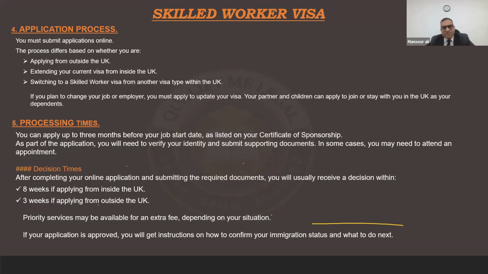It's a subcategory. As I told you, I have picked certain visas for you because time is very short. There are a number of categories available on the Home Office web page, and obviously I can't explain each and everything. I have picked those categories which are most important from a practical point of view, and I have explained 3 categories altogether. Once we have done the question and answer session, we're going to go for the skilled worker visa category. If you have any question, you can pose it at this stage.